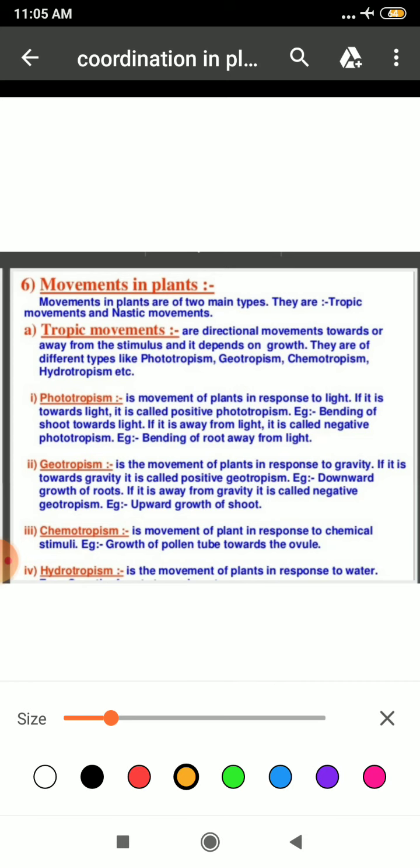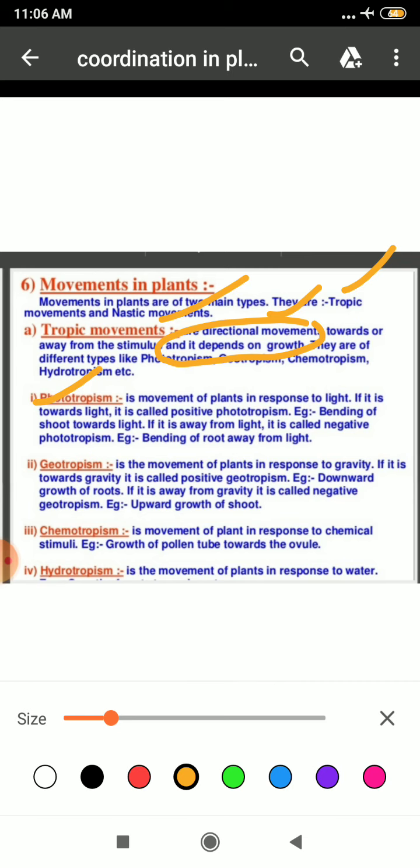I want to give you a summary of what we have studied in this. We have studied that movement in plants is of two types, that is tropic and nastic movement. What is tropic movement? These are the directional movements towards or away from the stimulus, and they depend on growth. That movement will lead to growth. They are of different types,